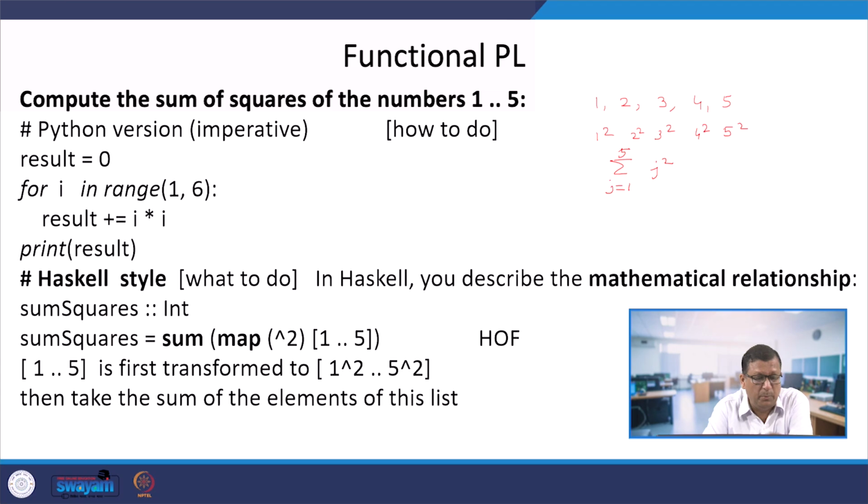Now, consider the imperative version, which we have written in Python. The result is a variable, initialized to 0, and for i in the range 1 to 6, that means the value of i will be taking on 1, 2, 3, 4 and 5. And what we are doing is updating the value of the result: result equals result plus i square. That means 0 plus 1 square, that will be 1. Then the value will be 1 plus 2 square, that will be 5, and so on. This is how this program is going to do the computation, and ultimately we are going to get the sum